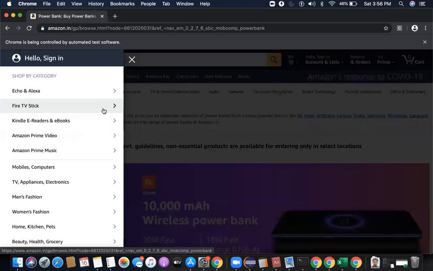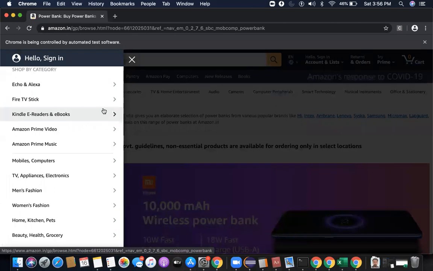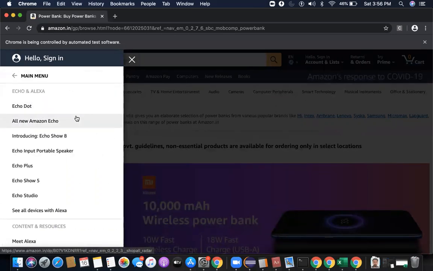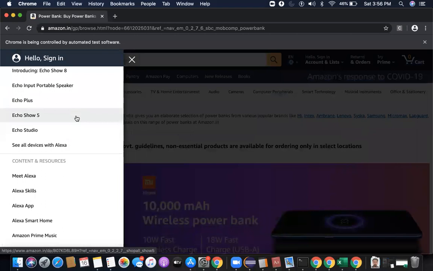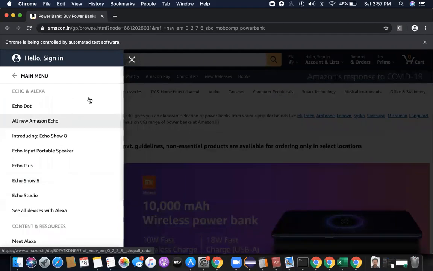And the condition is I have to validate continuously by one method. Let's suppose click on Echo and Alexa, the first thing. Right. Okay. Then after that, each and every link is clicked and validated one after another. Can we make it, or is it a very more complex thing? Right. So you can do that.